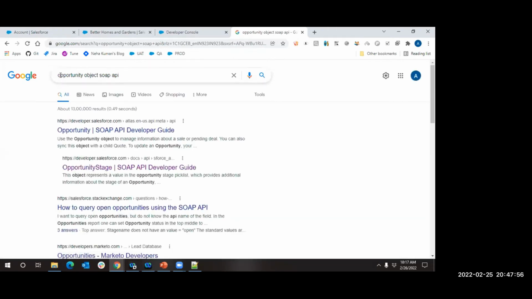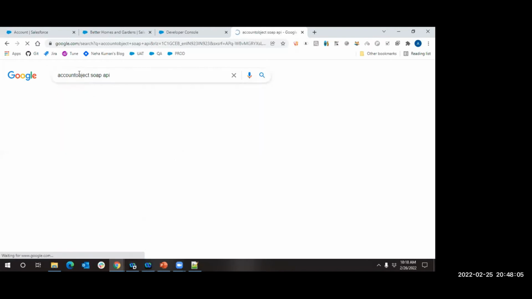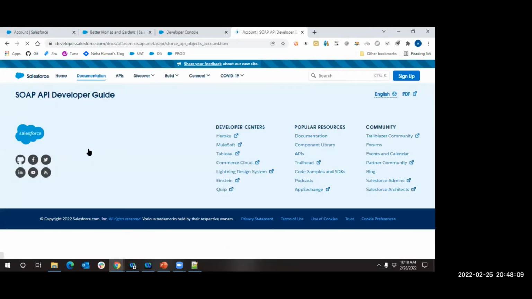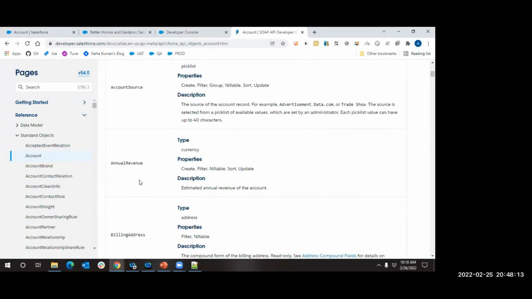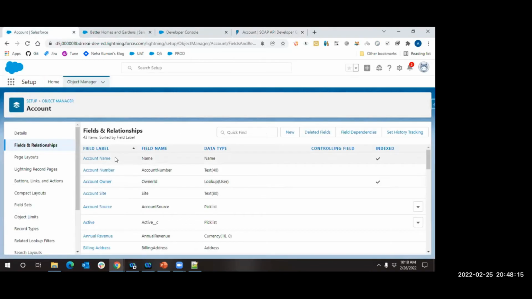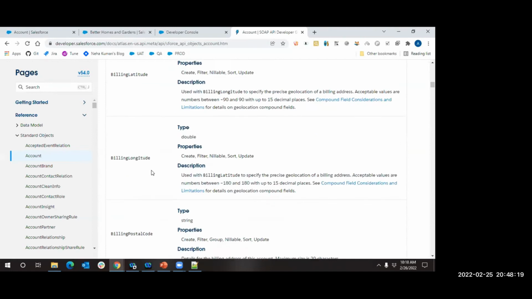If you want to do this for any standard object that is present inside Salesforce, and you want to understand all the hidden details of it, just type it like this: account object SOAP API. I am opening the very first link that I see over here. Then it will show you all the fields that are not present here. Now I'm coming here and then I see that